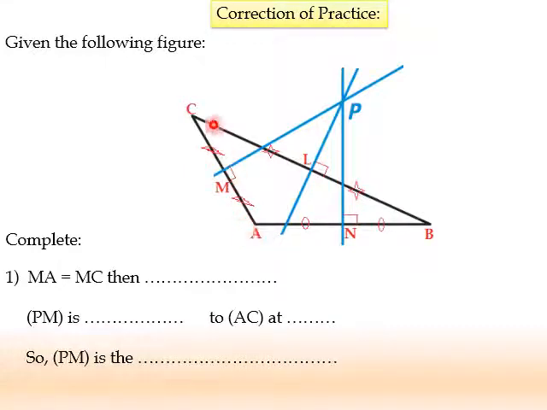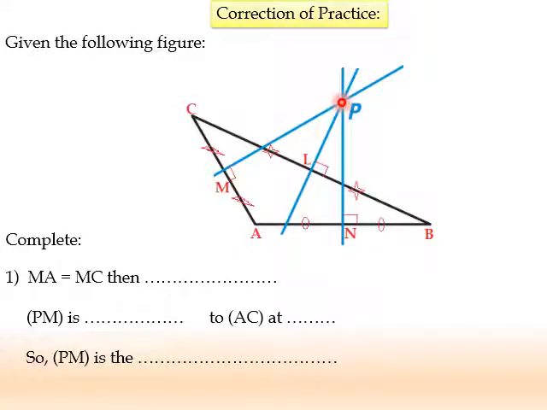Let's move to the third side, which is CB. Again, the same sign is written on CL and LB, then CL equal to LB, and this line is perpendicular to CB at its midpoint L, so this is the perpendicular bisector of CB. Now, if I look at the three perpendicular bisectors, they are concurrent, they intersect at a common point P, and